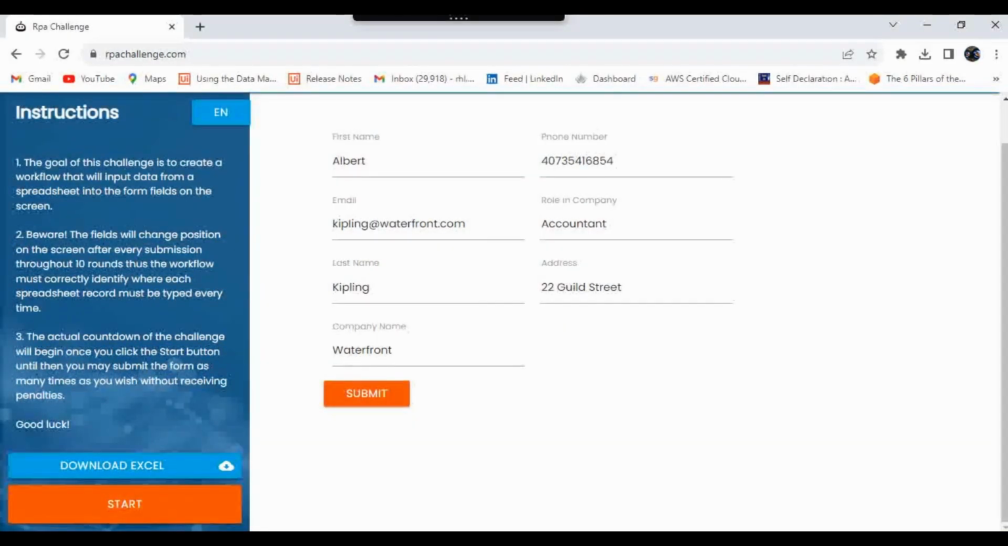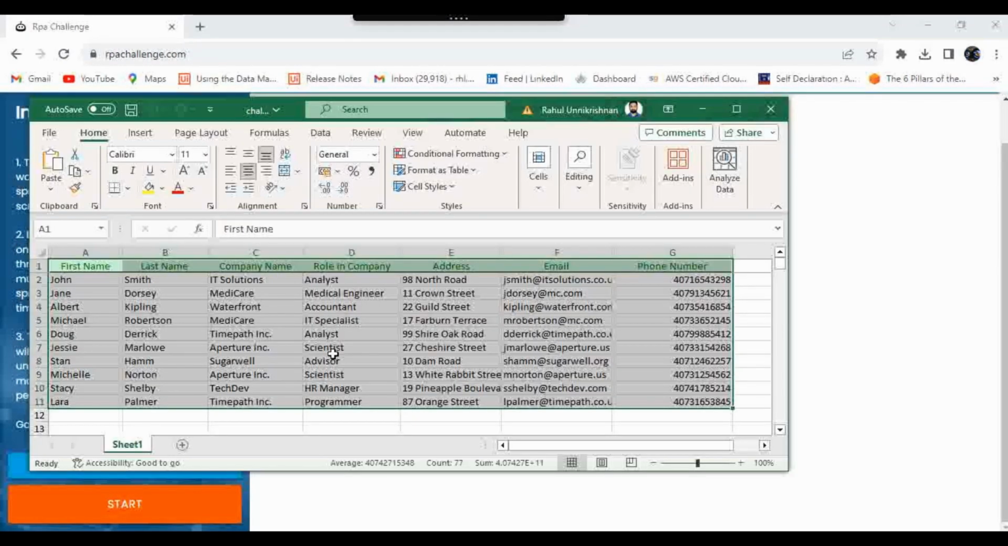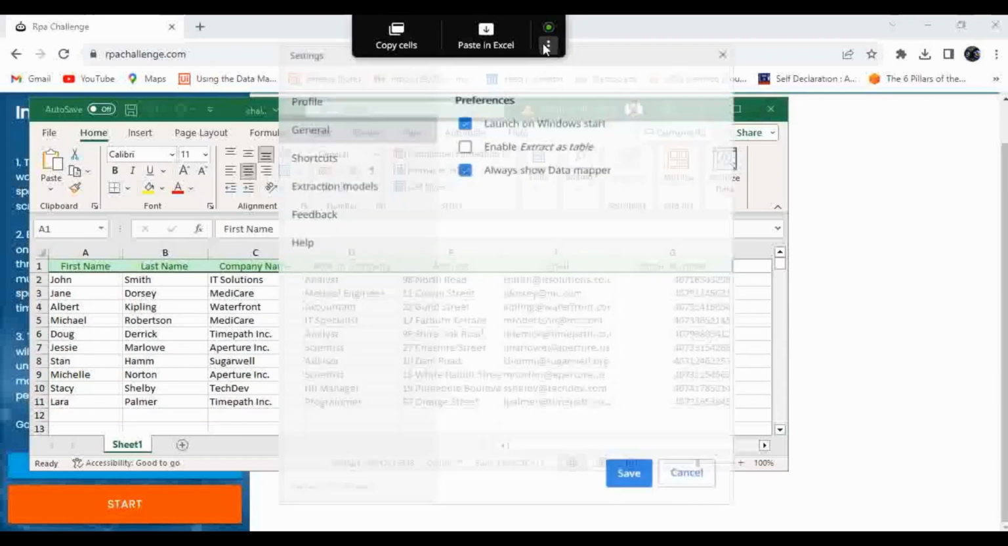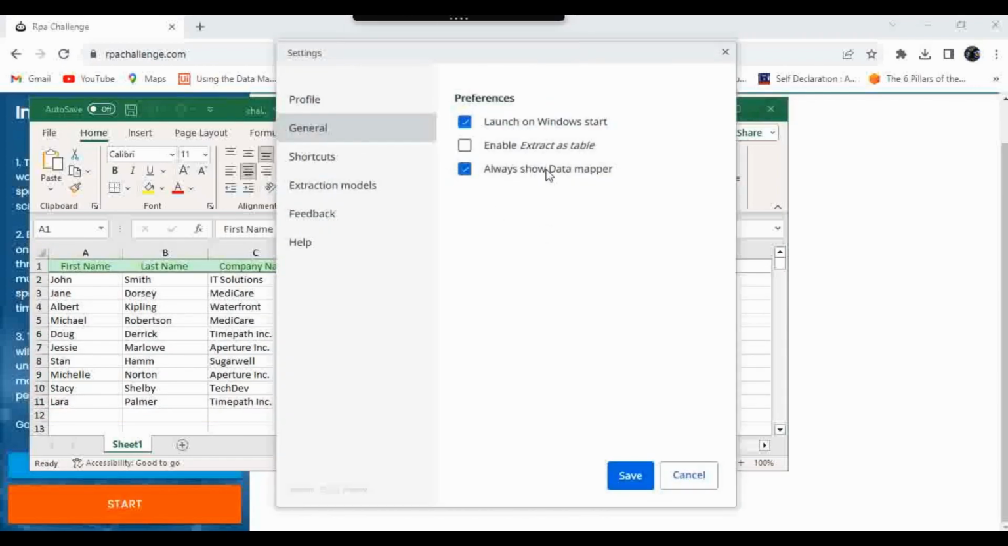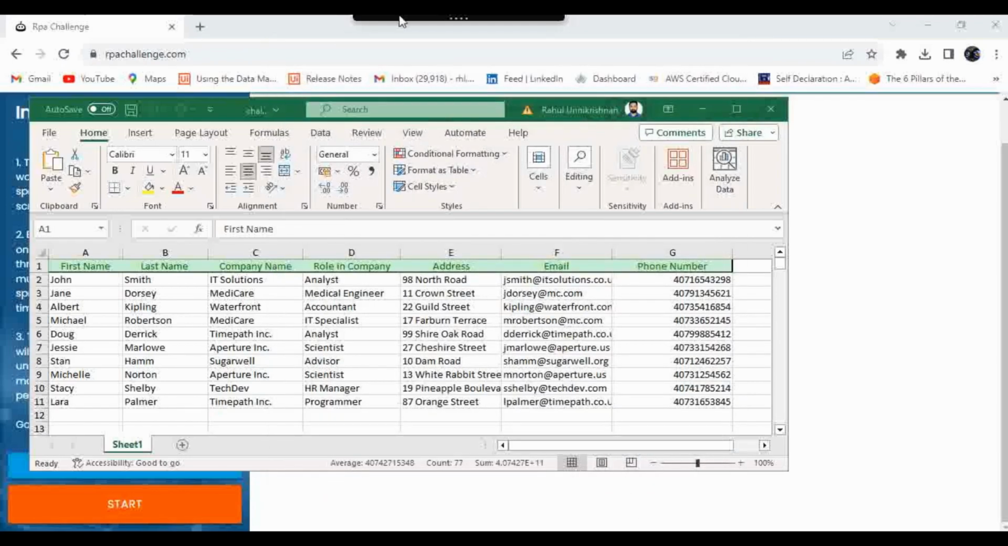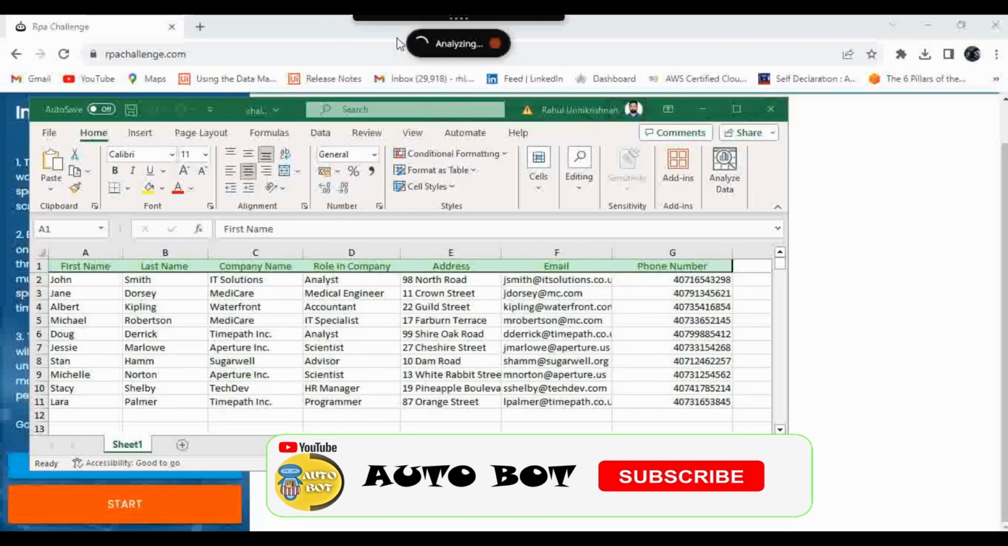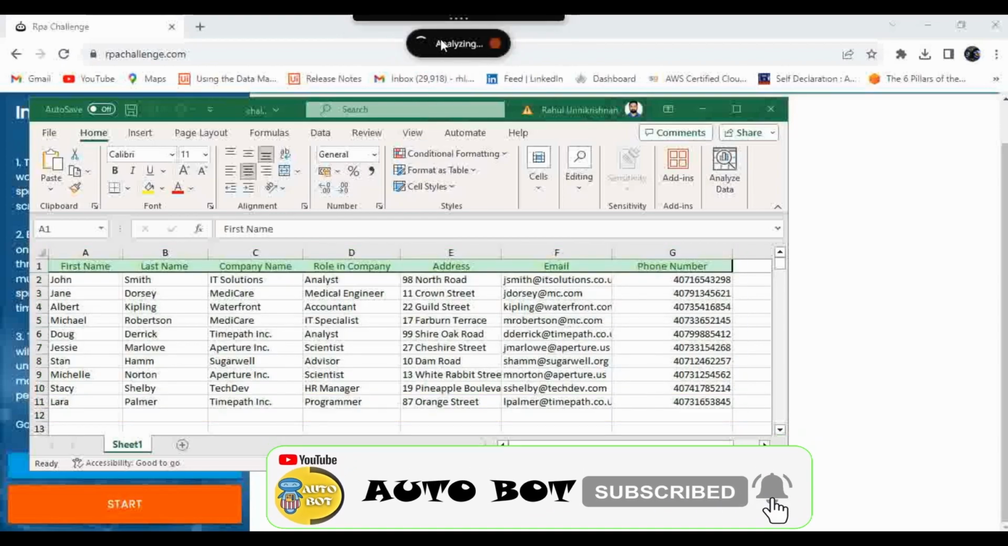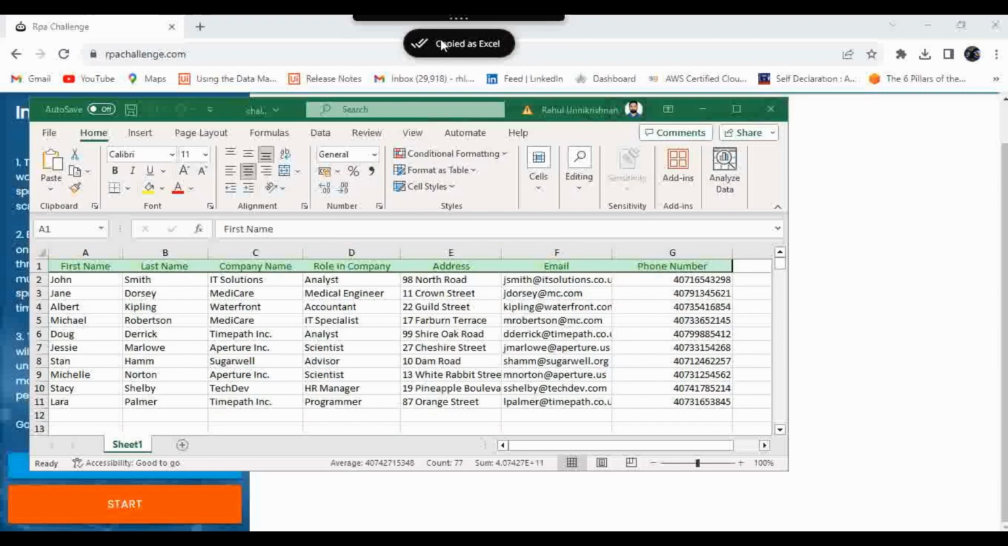Okay, so for the demo of how generative AI is going to work, I'm going to use the same set of data and our RPA challenge application. One thing I have to do is go here and enable this always show data mapper. In the data mapper you can modify the format of the data to the desired format, right? So this is where generative AI comes into the picture. Just click on save, then click on copy cells. Here you can see it is analyzing, right? As we have enabled the mapper,